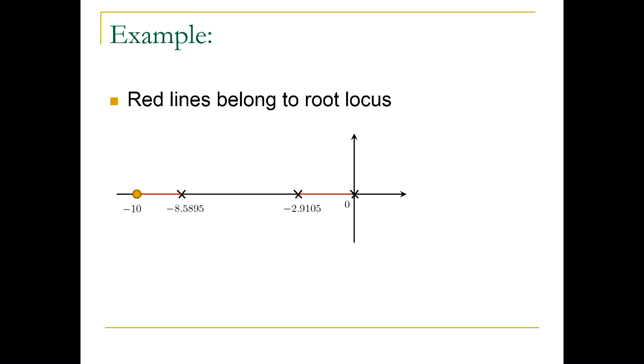By the way, here you have to take into account multiplicities. If there was a situation where you had 2 poles at the origin, then this part of the real axis would not belong to the root locus. You have to take multiplicity into account. But the good thing is, I do not have to worry at all about complex conjugate poles and zeros,